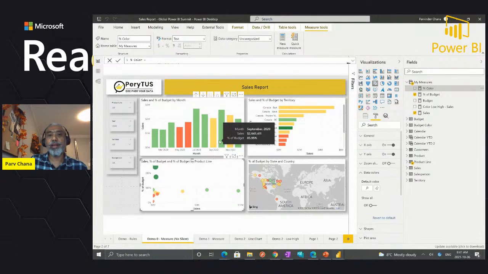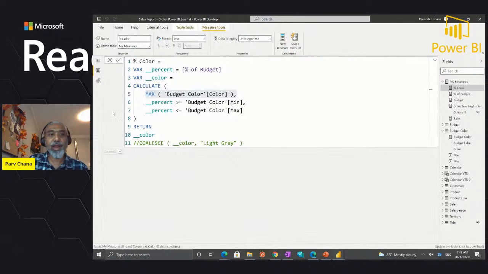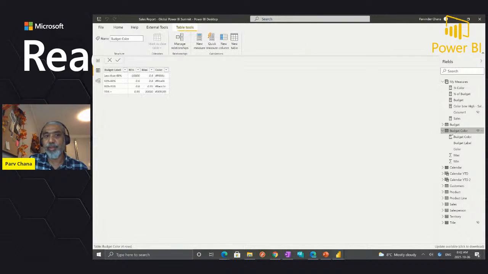And if I need to change the color, the red, or create another range, I don't need to come here to change my measure. What I just need to do is go to wherever I'm maintaining that data set, which I was just showing you, budget color. Let's say a requirement comes that anything 200 plus percent should have some color, and I will add a row here, where the starting point will be 200%, up to whatever the upper limit is, and then whatever color I want, and that's pretty much it.